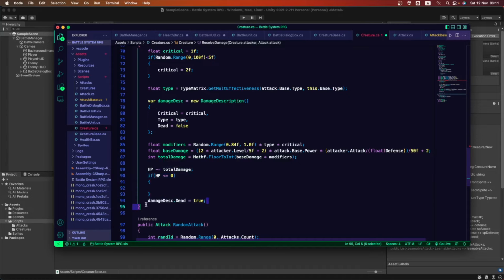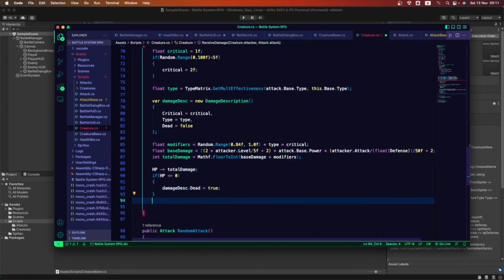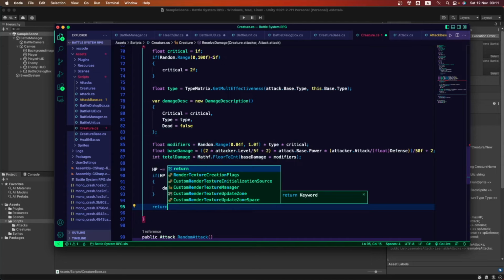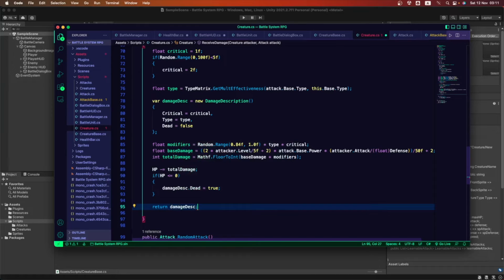If it is not, we're still working. We're not going to be dead. We are still alive. So we want to return whatever damage desc is. There it is.